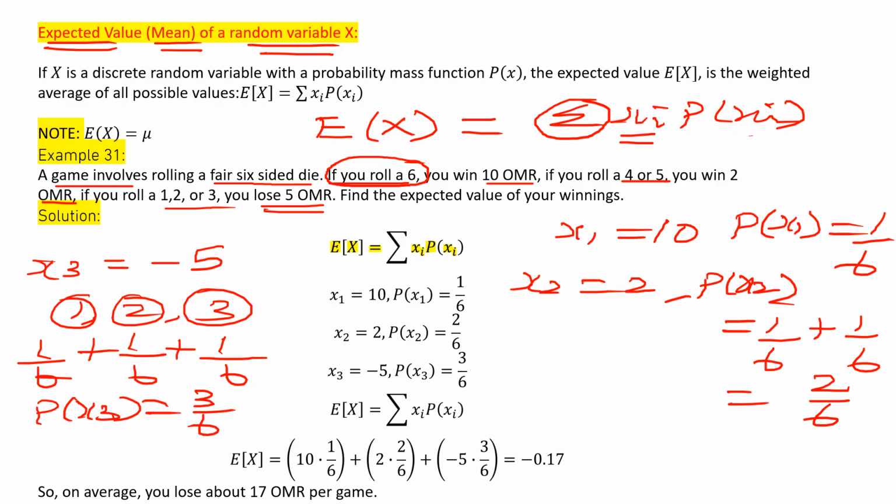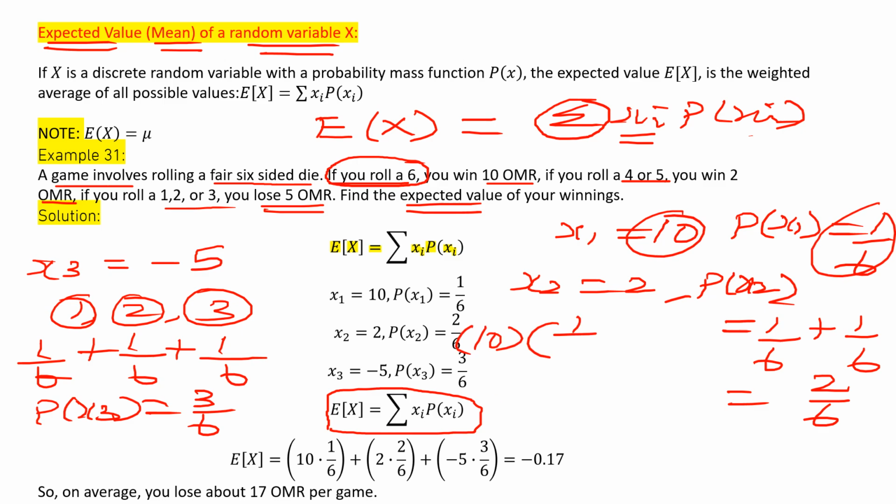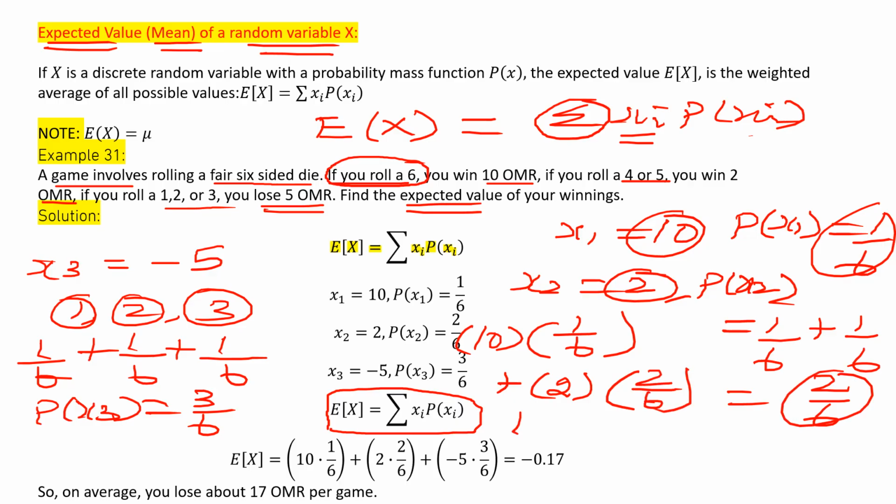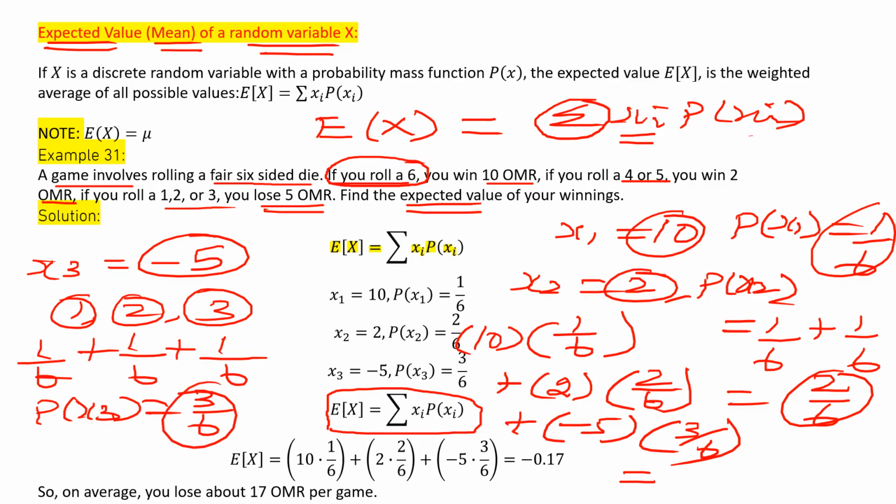Okay. Now what is the question? Find the expected value of the winning. So what is the E of X formula? Summation of x times P of xi. What is the x1 value? 10, multiplied by the corresponding probability value, 1/6. Plus what is the next x value? 2. What is the corresponding probability value? 2/6. And finally the last value. What is x3? Minus 5, multiplied by 3/6, the corresponding probability. So if you simplify, you will get minus